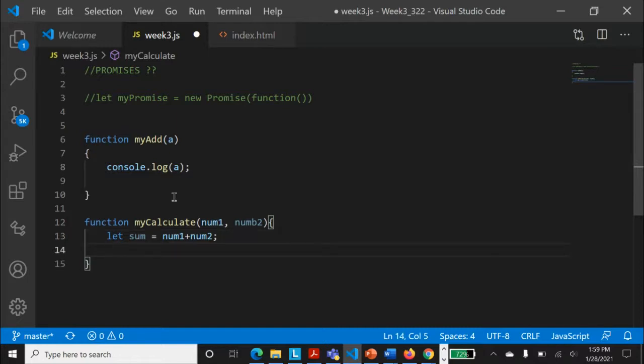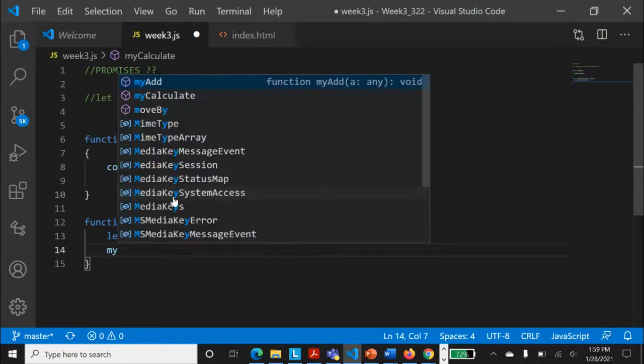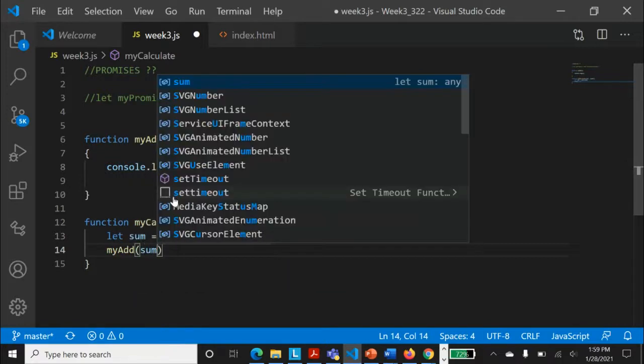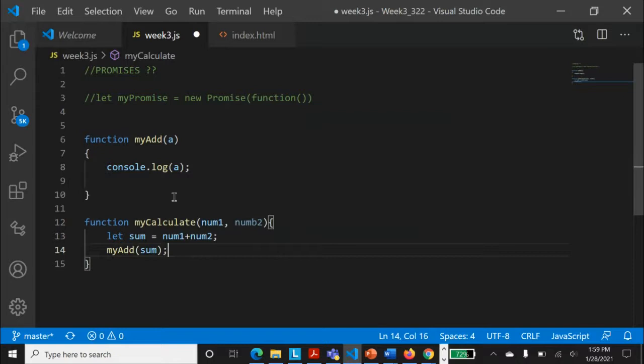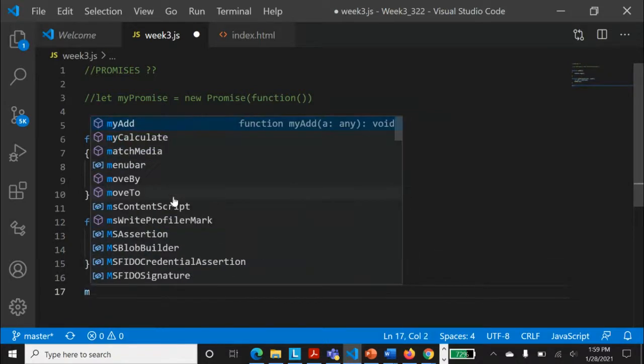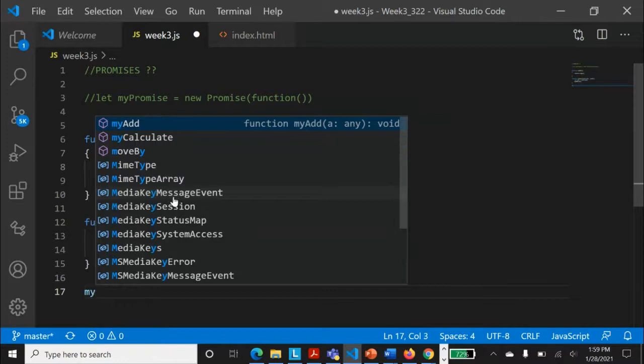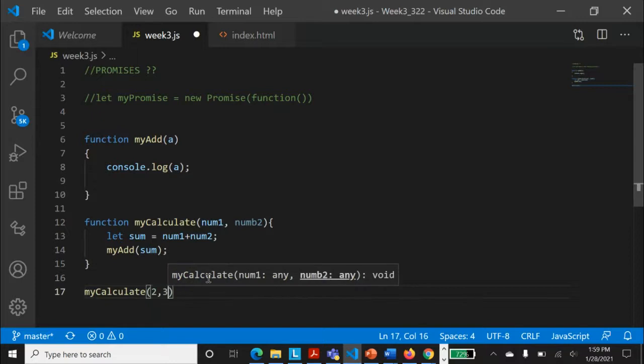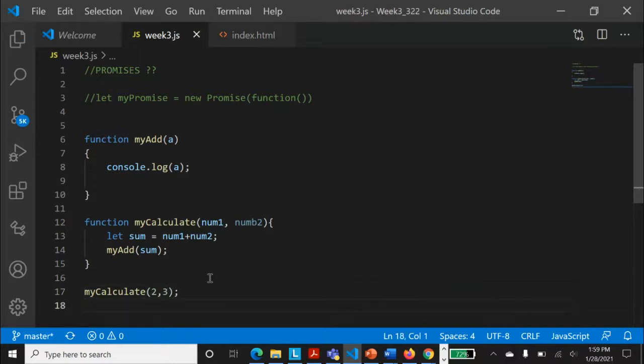And here I'm calling my add on sum. And I'm calling my calculate with values. I've just taken a simple example.